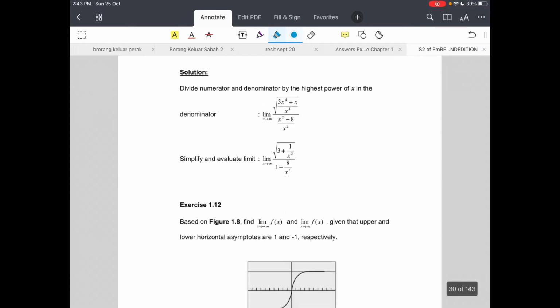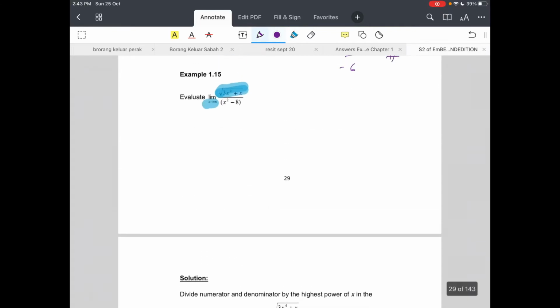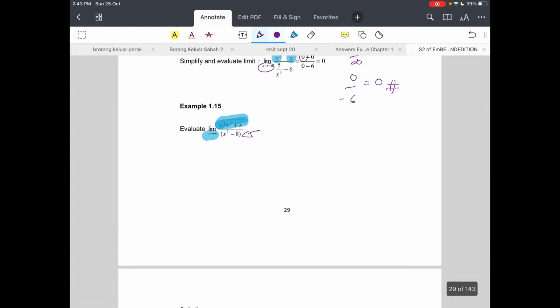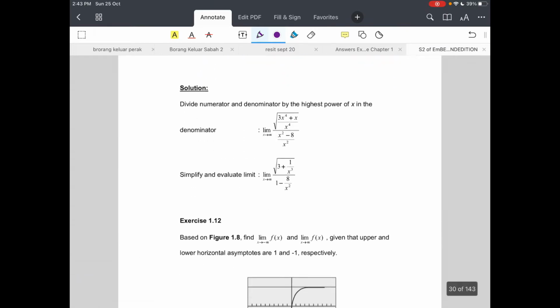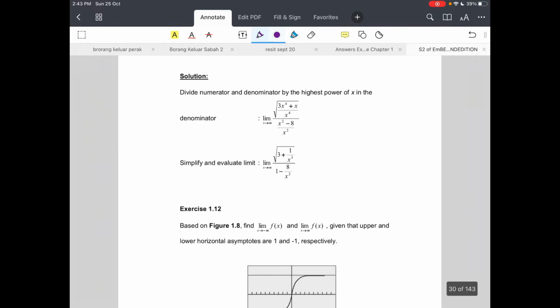Now we look into the solution here. We know that the highest power in the denominator is x squared, so we need to divide all the terms here by x squared. So x squared minus 8 divided by x squared, as shown here. At the numerator, you need to be careful actually. I know you understand that it should be divided by x squared, but if you notice,